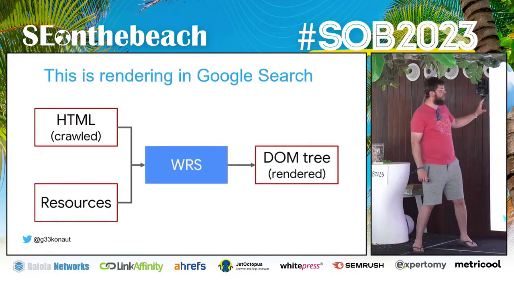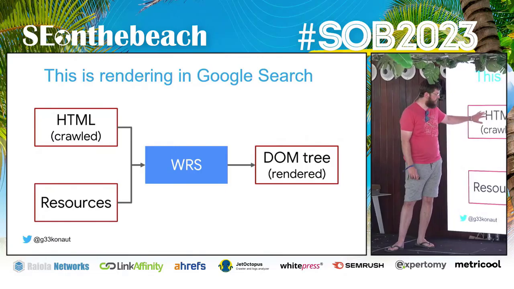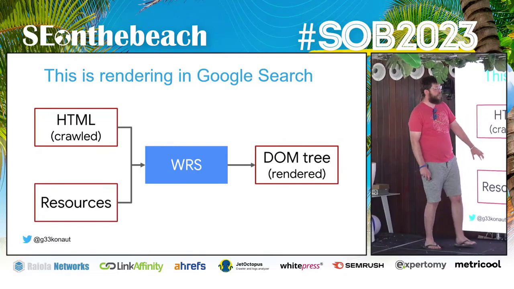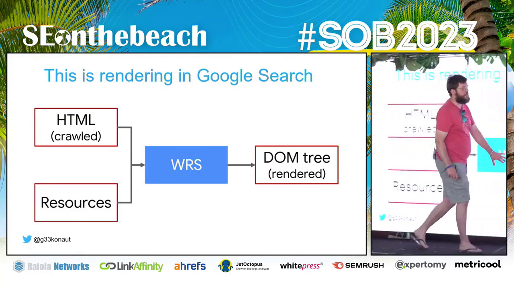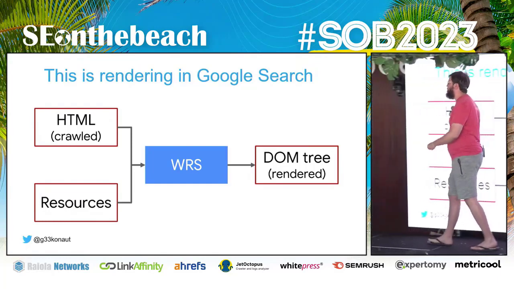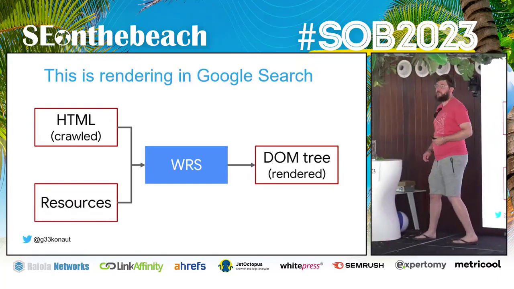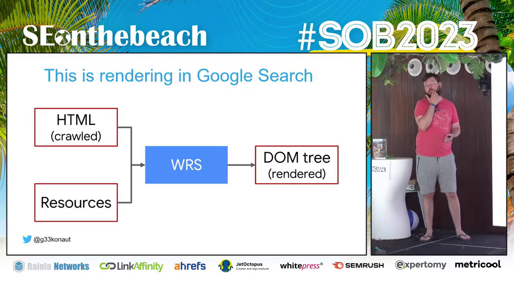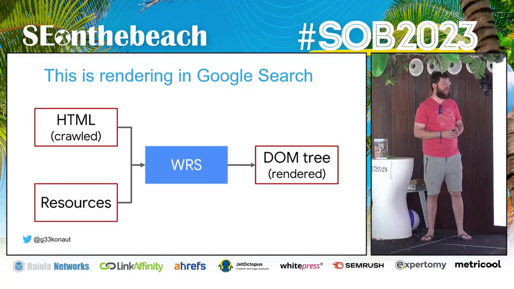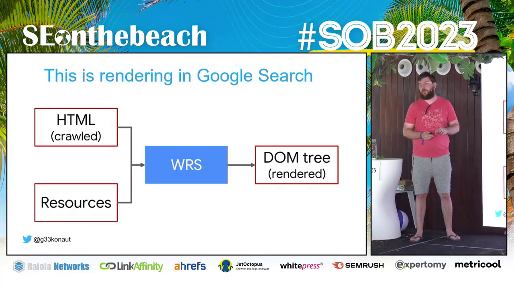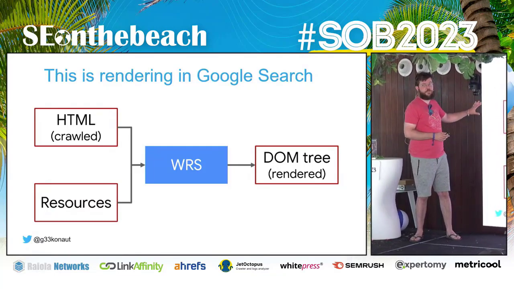Fundamentally, what it does is it gets the HTML that was crawled beforehand from another microservice. It gets the resources from the crawler as well. Then it goes into this magic box, and out comes the DOM snapshot. This DOM snapshot on the very far right, that is what is being put into indexing. So no matter what you're trying to rank for, no matter what you're trying to get indexed, that's what it uses. Do you notice something? Do you see the word JavaScript here? If you do, drink less.